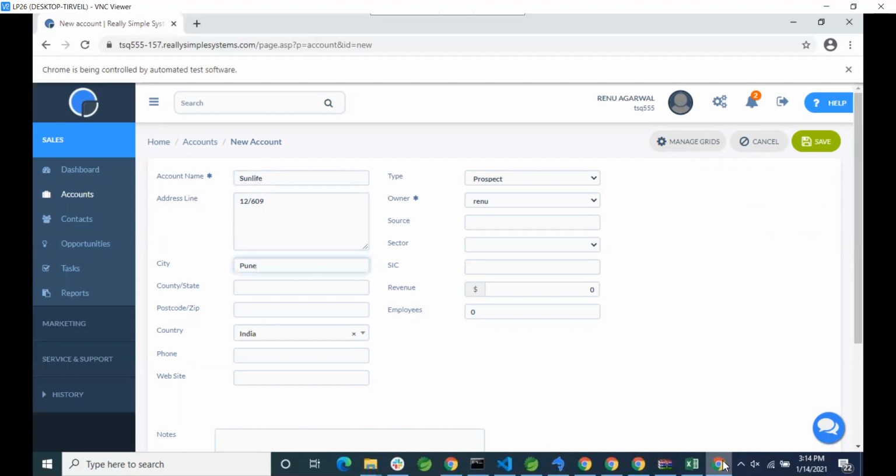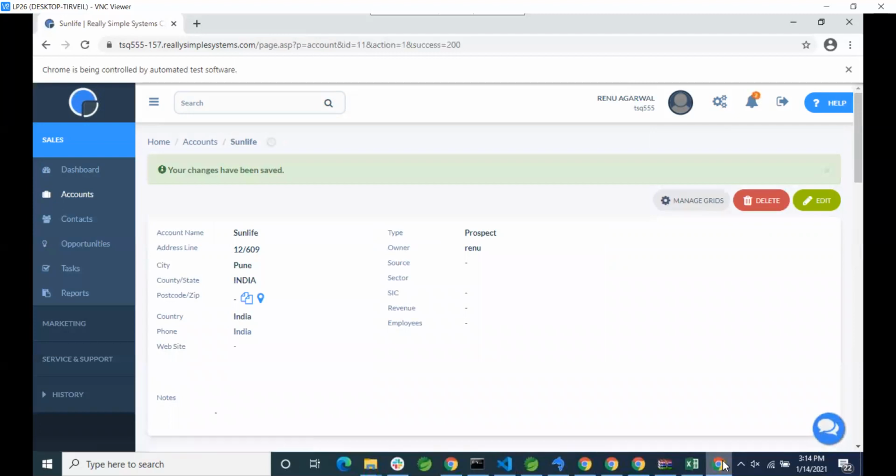So it is entering the city and the address and the mandatory fields, country, all this information it is entering, and then we'll click on the save button. On save, the saved screen is displayed.